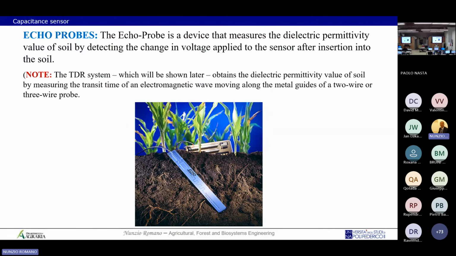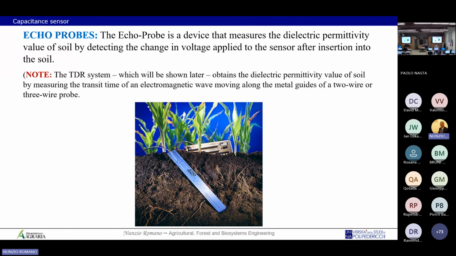And what is the difference? The difference is the precision of your measurement, in the sense that for the capacitance sensor, even though in the last decade there has been a huge improvement in this kind of sensor, the TDR still remains the most accurate and precise